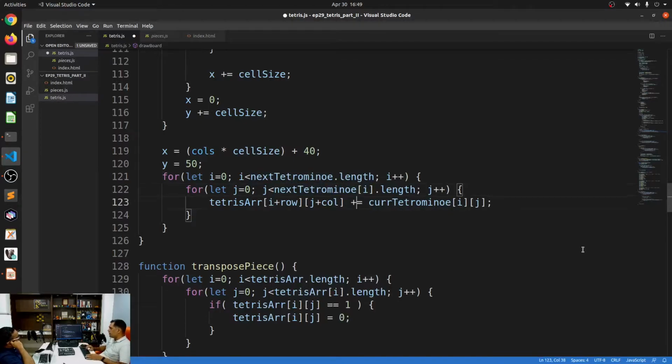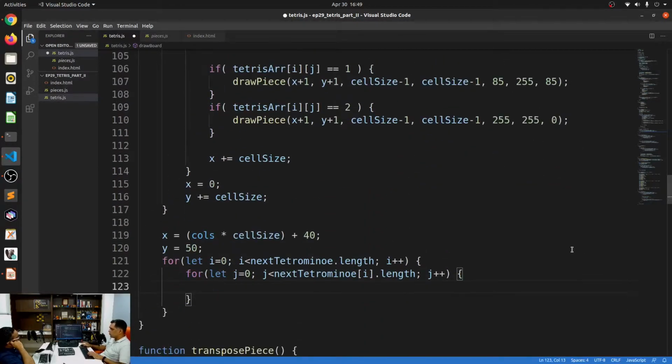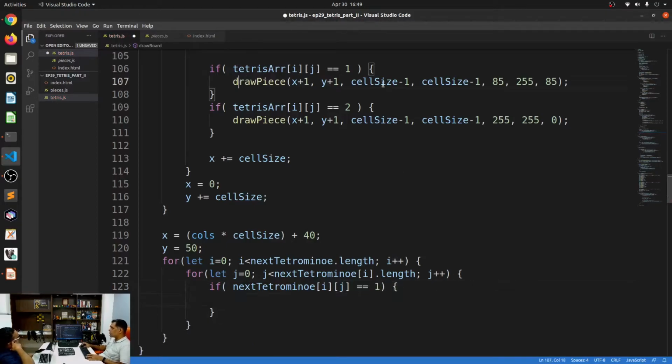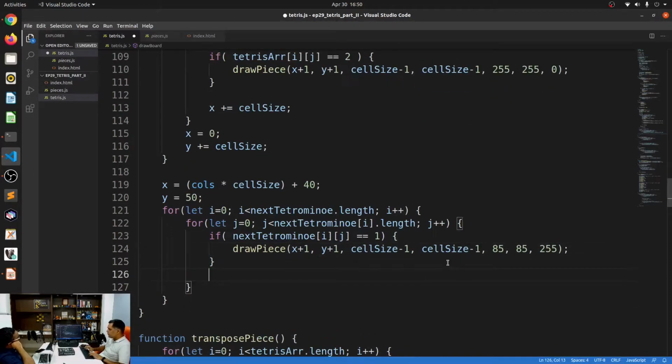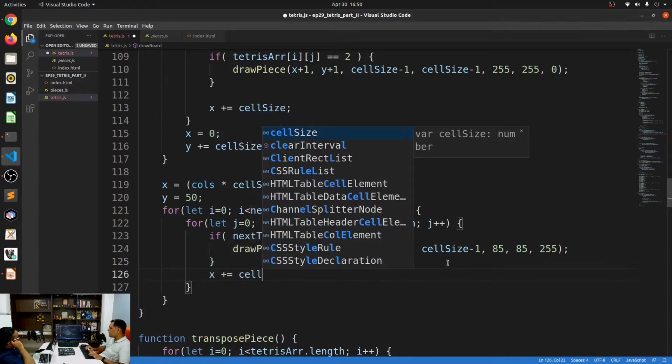So if next tetromino of i of j is 1, then draw the piece at x plus 1, y plus cell size, and I'll make it a little bit blue. I'll reduce R, and blue I'll increase to, let's say, 255. Nice. So x plus equals cell size.